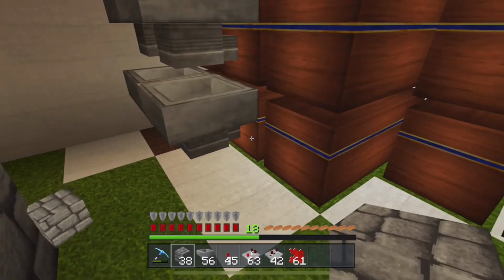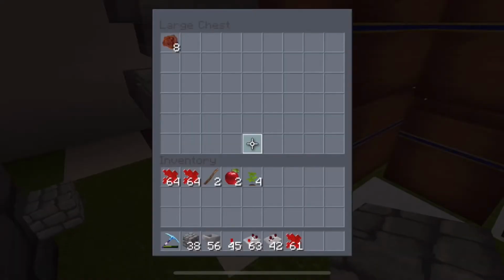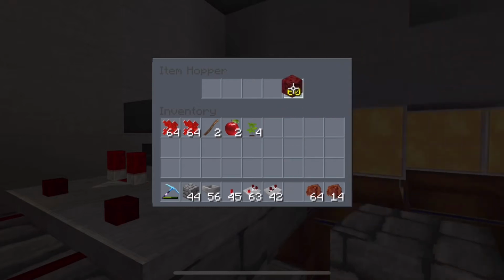Well, just grab some cooked beef. Oh, we're going to need more than 8. Now we've got a stack of cooked beef, we'll put our 4 filter blocks in, 1 in each slot, and then put a stack of cooked beef in. And what you'll see is, like the other episode we did, that'll drop down to 41, and that's our filtration